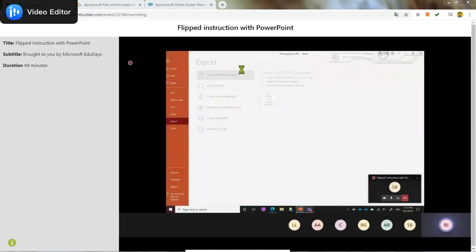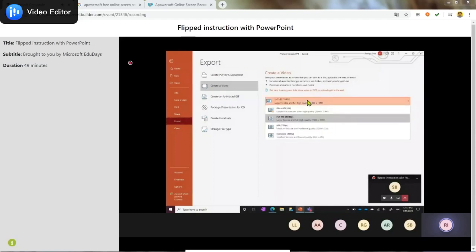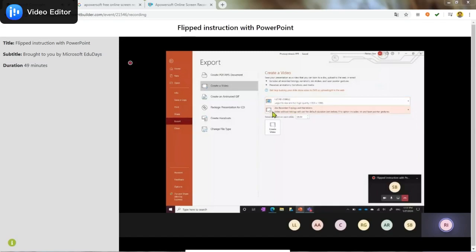If you click on export to video, first of all, you have some options for what size of file you would like to create. So you can do HD, standard, full, etc. And then it defaults to exporting using the recorded timings and narrations that you've inserted into your slides. So if you've spent all this time recording narrations that go precisely with each slide and inking, etc., then this is the option you'll want to use.